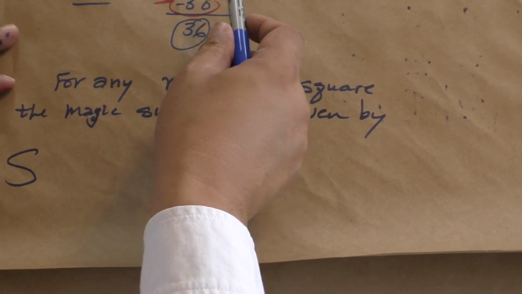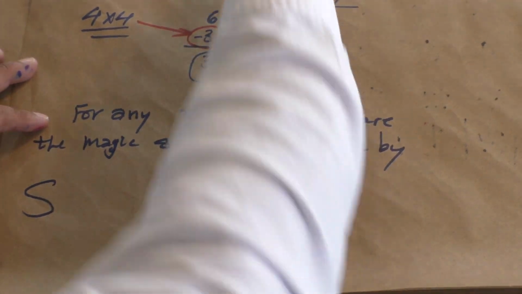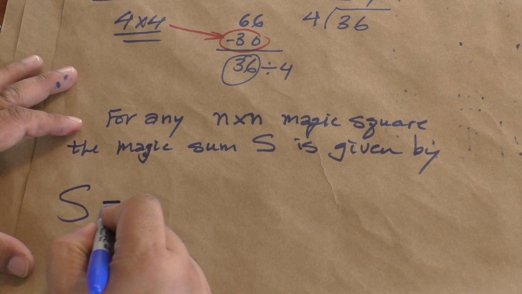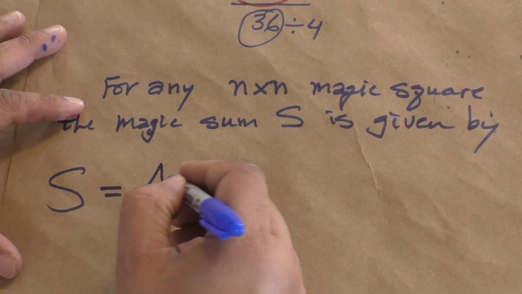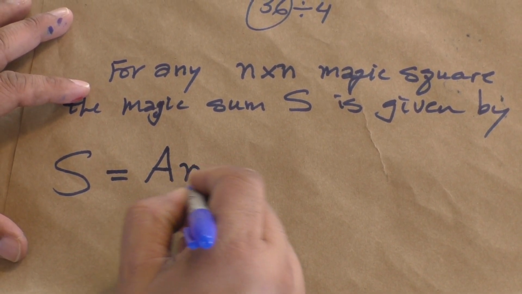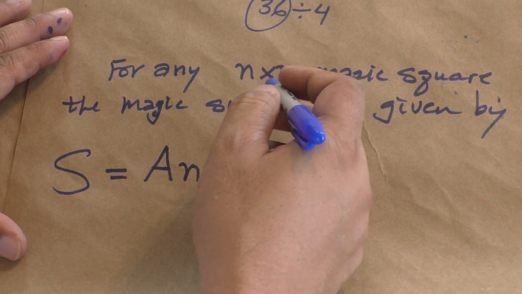Here, the magic sum, we wanted to get 66 in either of these, and so that is the number S. That number S will be equal to the initial value times the dimension of the square, which is the n by n,